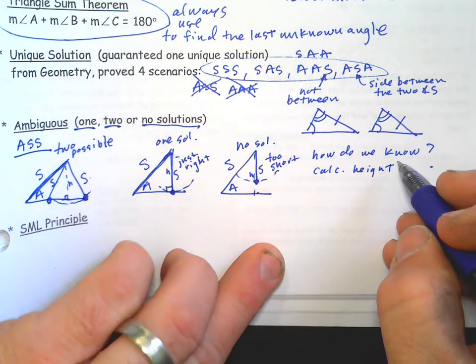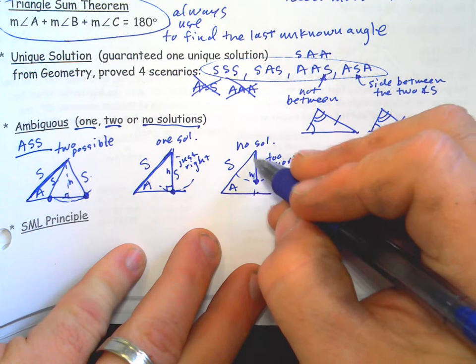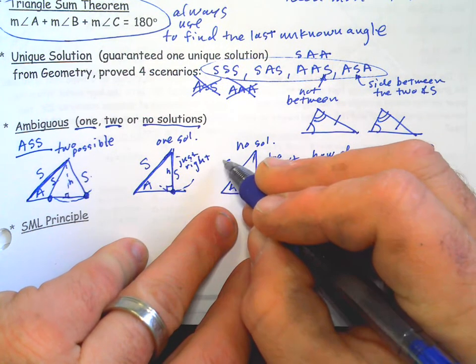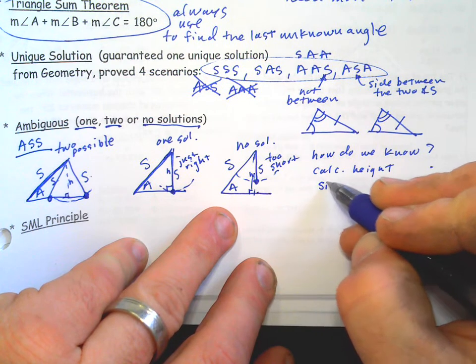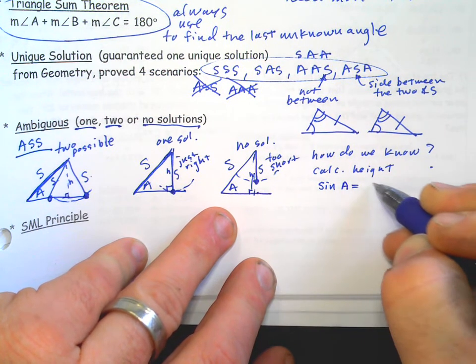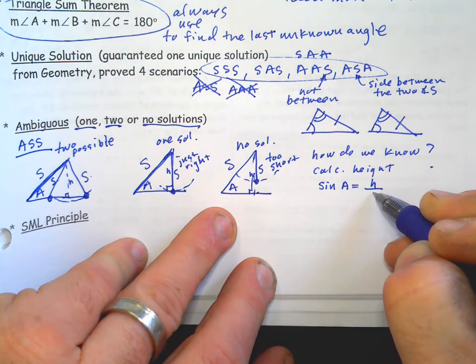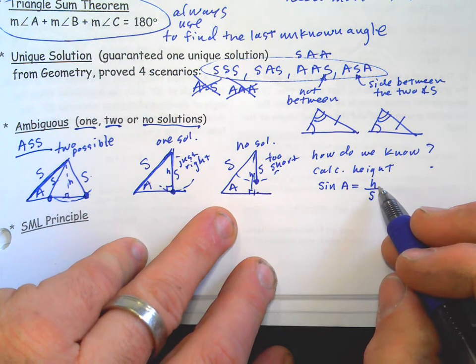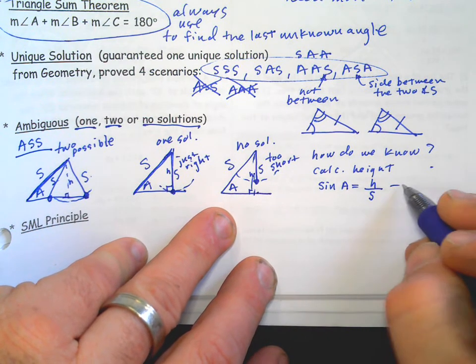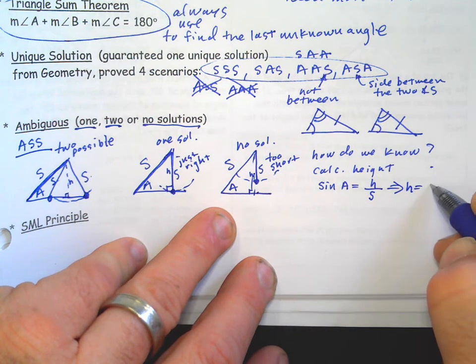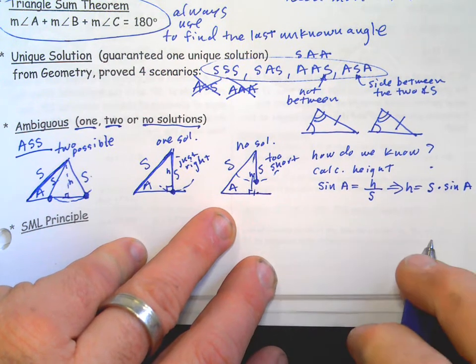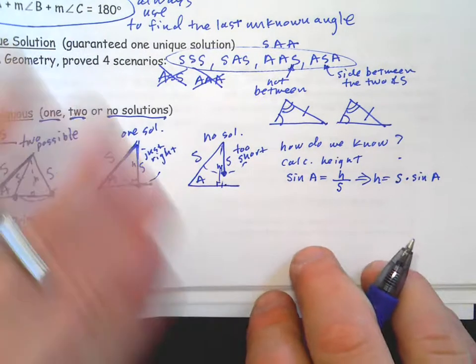So the height of the triangle, what we're going to do is imagine it's a right triangle and use basic trig. You have opposite and hypotenuse, so you'd want to use sine of angle A equals opposite over hypotenuse. Now, H stands for height, not hypotenuse, so be careful. Then H would equal the first known side times sine of angle A. So we just use basic trig to calculate height, and then we compare